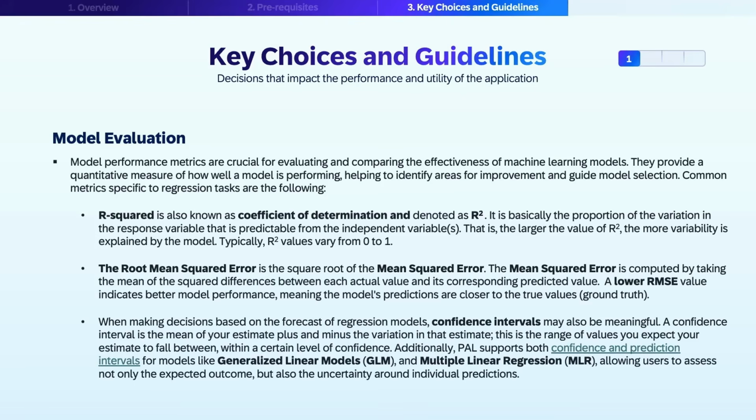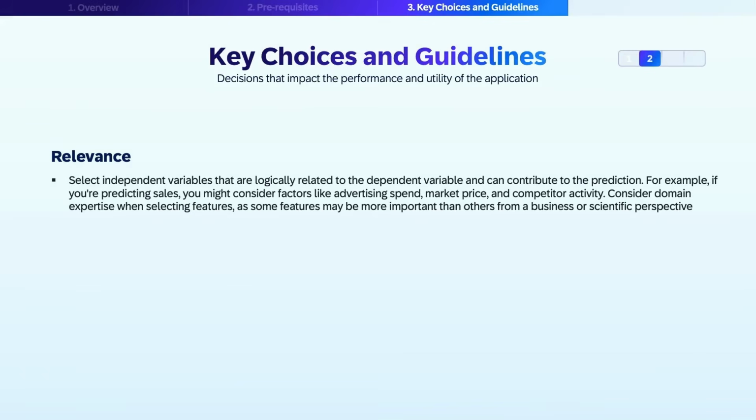around individual predictions. It is crucial to select independent variables that are logically related to the dependent variables and can contribute to the prediction. For example, if you're predicting sales, you might consider factors like advertising spend, market price, and competitor activity. Consider domain expertise when selecting features, as some features may be more important than others from a business or scientific